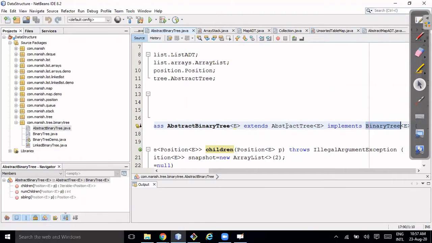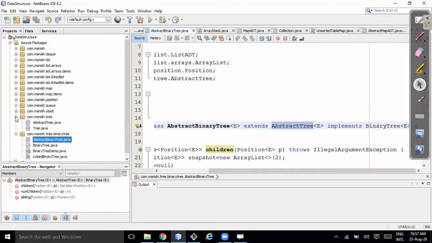What does it mean by extending the abstract tree? It means this abstract tree class has all the methods that were defined in the tree interface. So all the methods defined in the tree interface and abstract tree class will come to abstract binary tree.